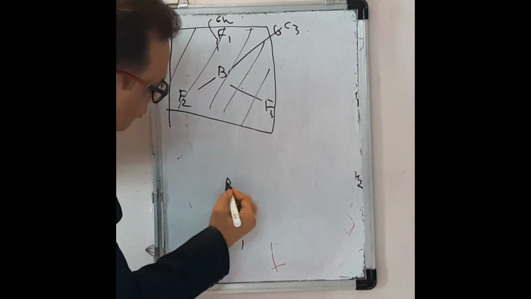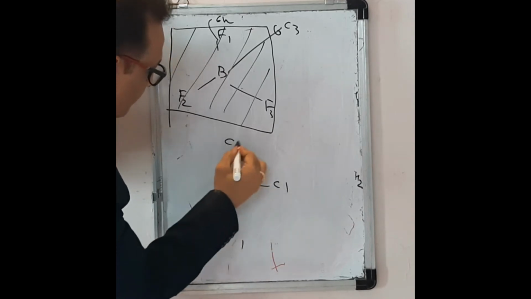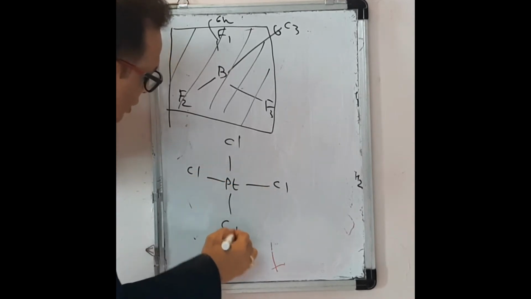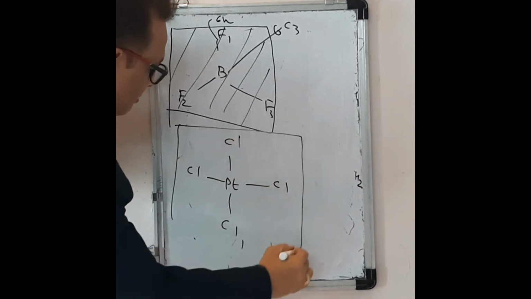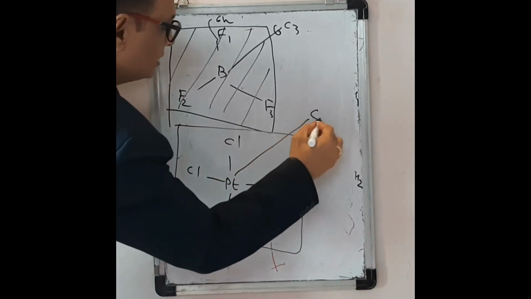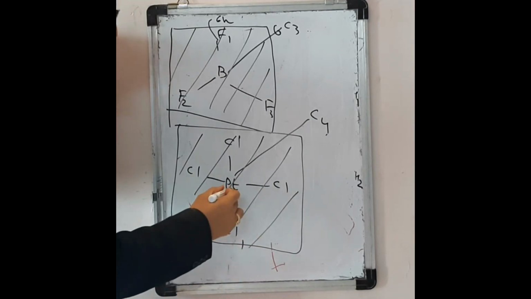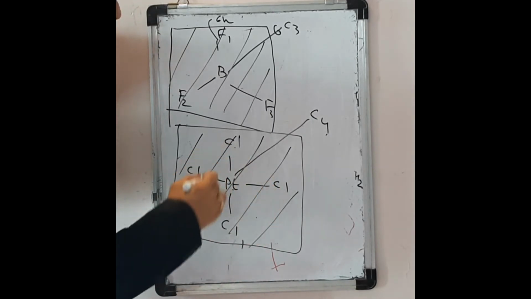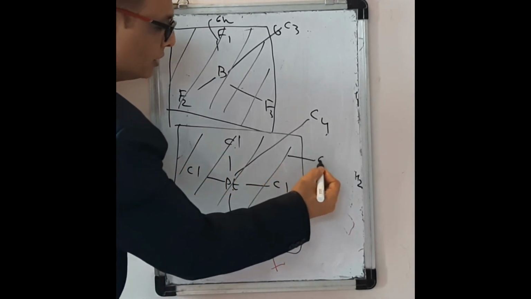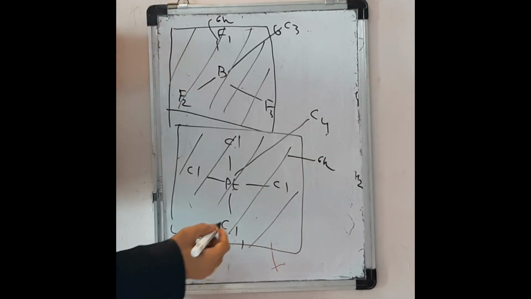Similarly, PtCl4. The horizontal plane of symmetry in PtCl4 can be shown this way. This is the C4 axis, and this is a mirror plane which bisects the platinum atom and the 4 Cl atoms, and which brings the molecule into an equivalent configuration. So this is also named as sigma h.